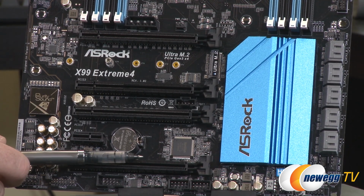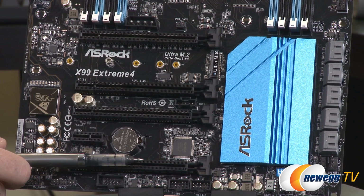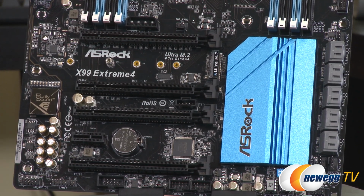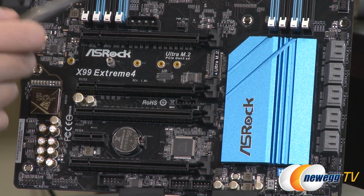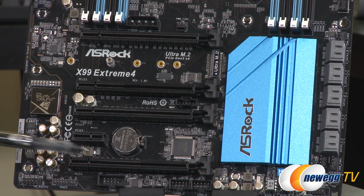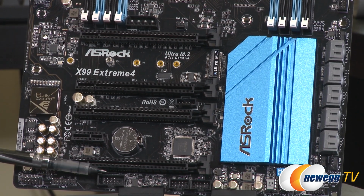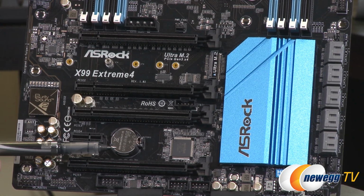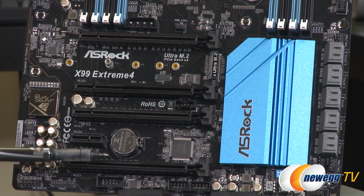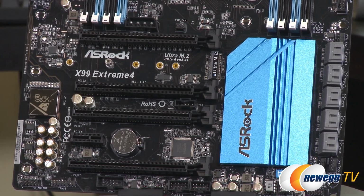Now, there's actually 3 different CPUs available at launch from Intel. The 5820K has 28 PCI Express lanes, and the other 2 higher-end chips have 40 PCI Express lanes. So depending what chip you install, you'll have a different PCI Express lane configuration available here. You can do 3-way CrossFire using these 3 slots with either chip, whether you're going with 5820K or a higher end one. If you want 3-way SLI, you're going to need to go for the